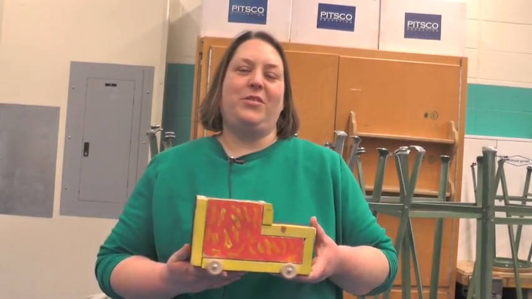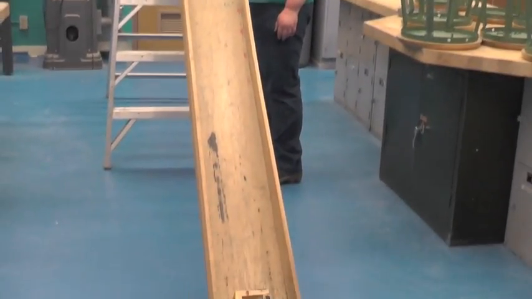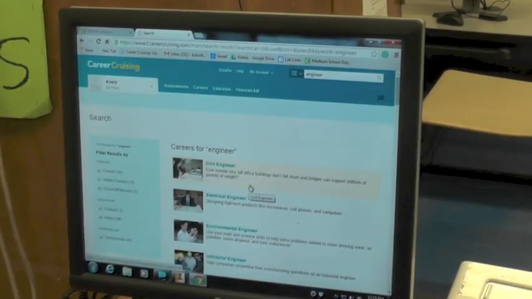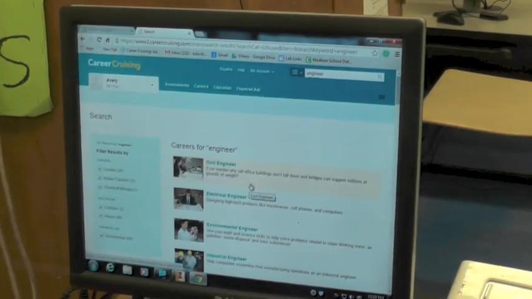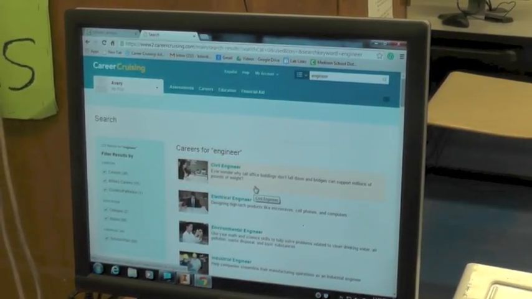Students are introduced to problem solving and physics and construction, and they design an egg car, construct it, and the egg rides in the car and has to survive 3 rides down a ramp without any cracks. Another activity that we do in technology and engineering is we research an engineering career, and students learn how to use Career Cruising, which is a website they will use throughout their academic career in Madison.